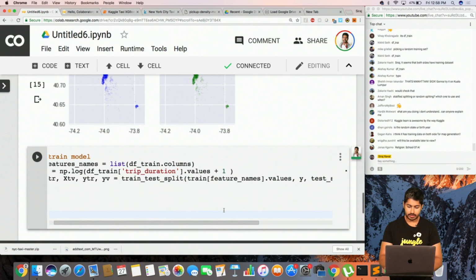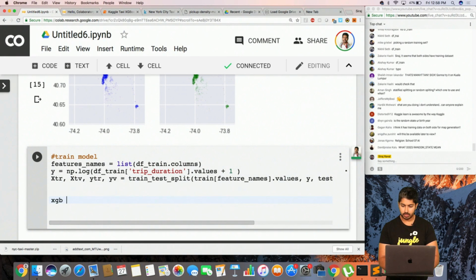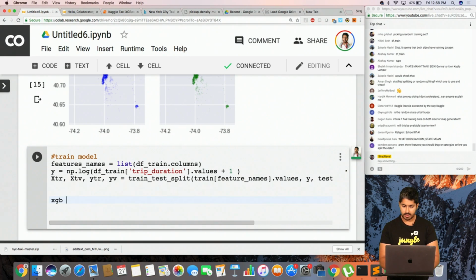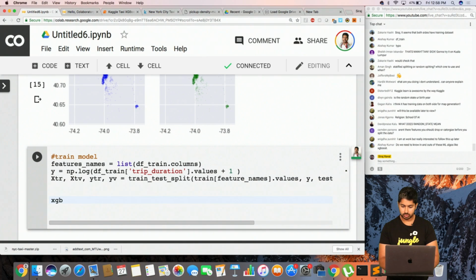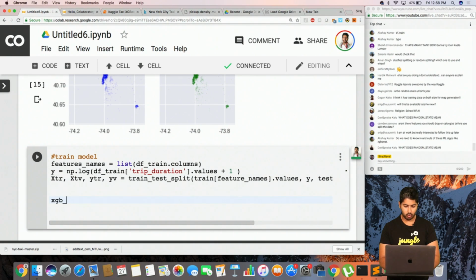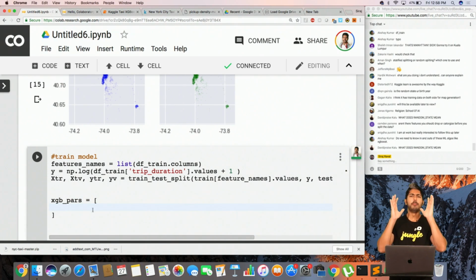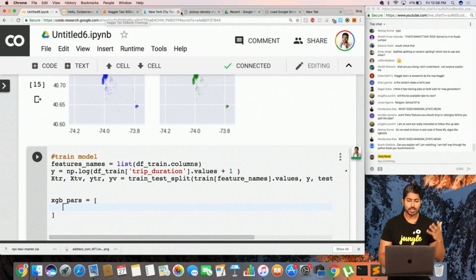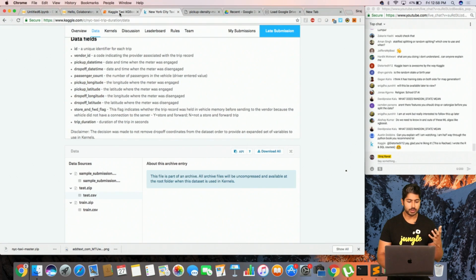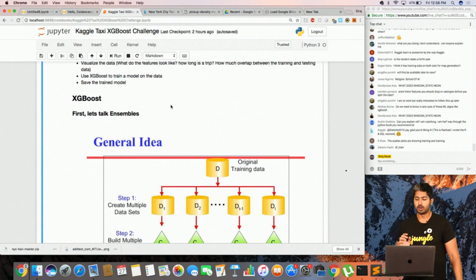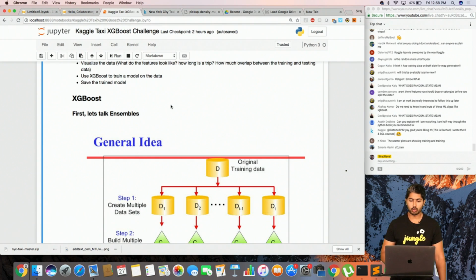I've got my training data, I've got my testing data, and now I'm going to use XGBoost, which I've already imported. We're going to give XGBoost a set of parameters. Okay, before we use XGBoost, I've got to explain what this is. So let's get back to the explanation for a second. Where was I? Also be asking questions. I'm going to be looking at this for questions, by the way.